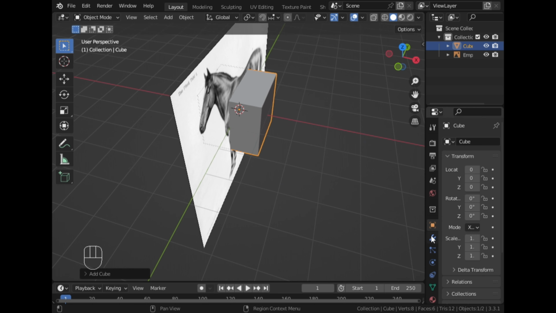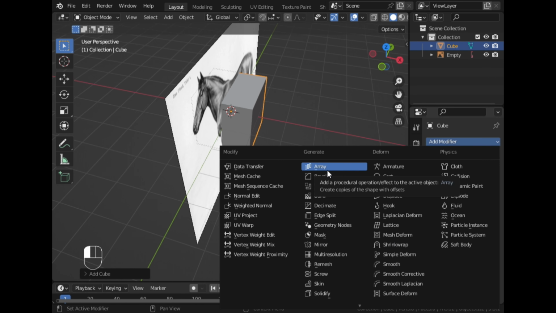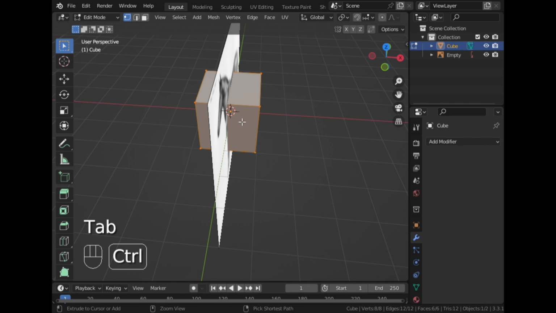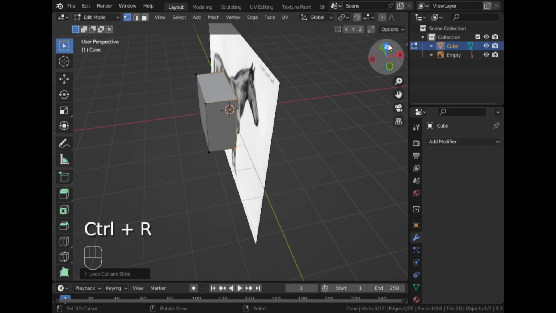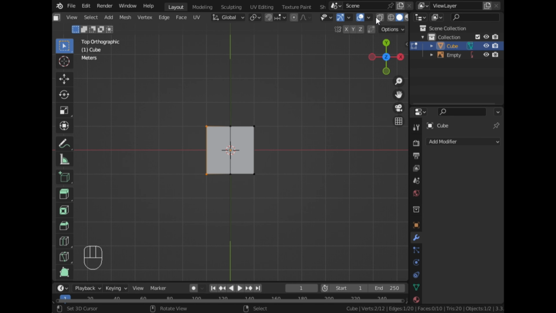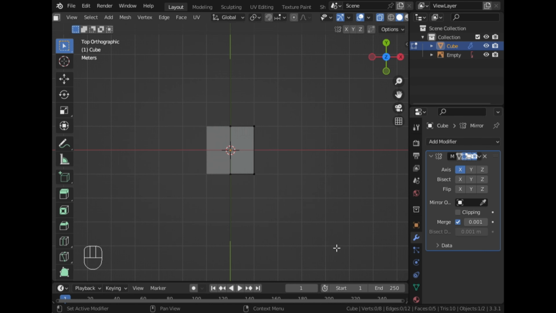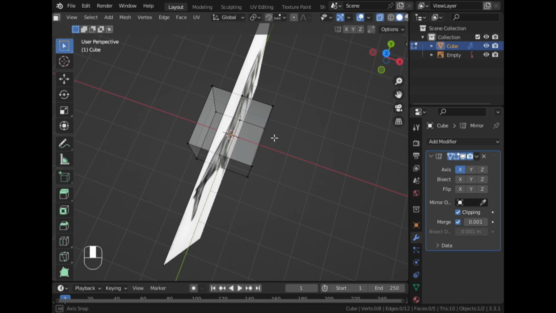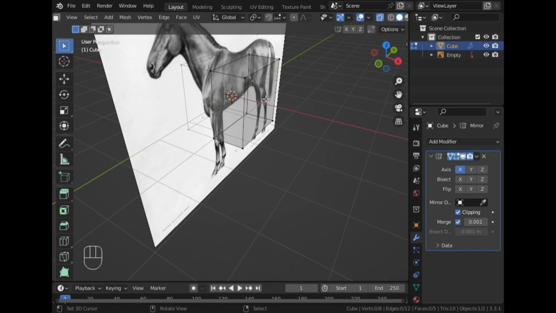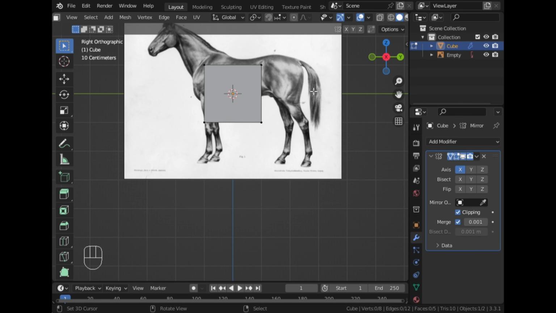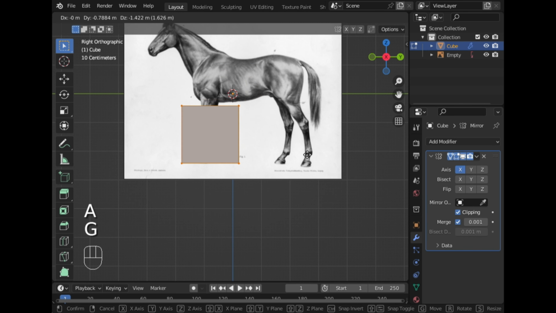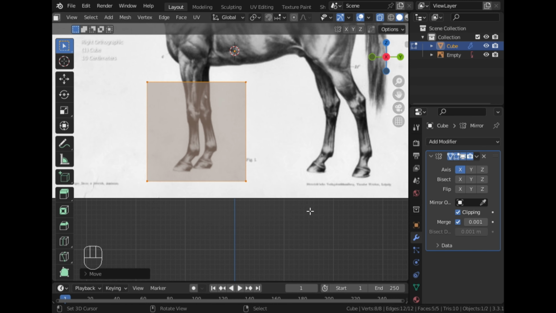and we need to add a loop cut along the x-axis so that we can symmetrize the cube along the x-axis by adding a mirror modifier and turn on this clipping option. So now I am placing this cube at the bottom of the foot of the horse